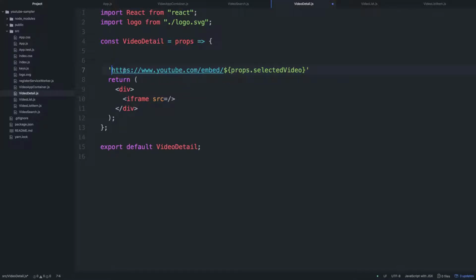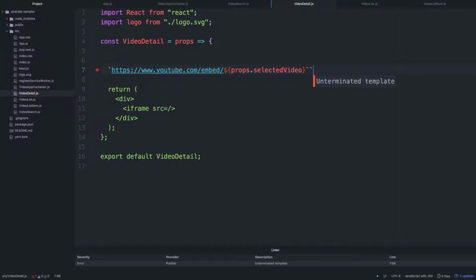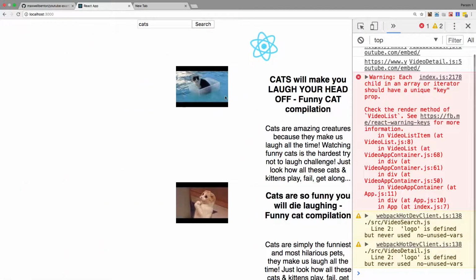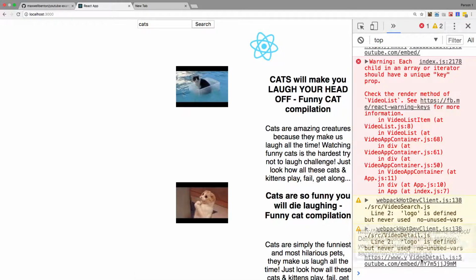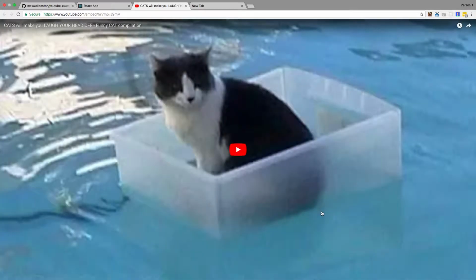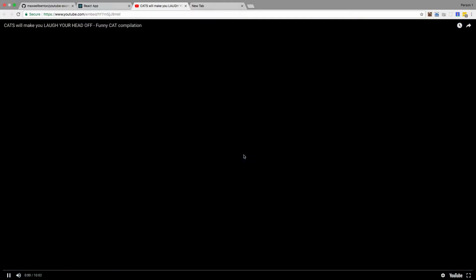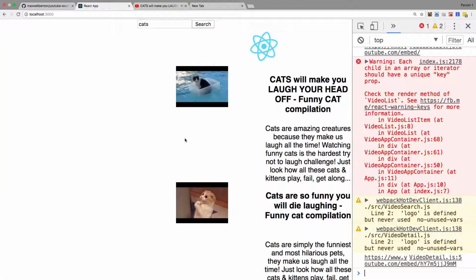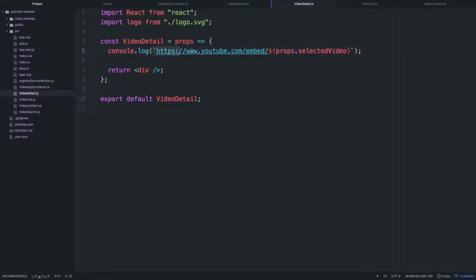So, yes, it does. I should be able to just console log this for a second. Now if I select a video, I've console logged this. What happens if I go to this? It's embedded in a video, and there's the cat. Okay. Cool. So that URL is working. So what I can actually do is something like